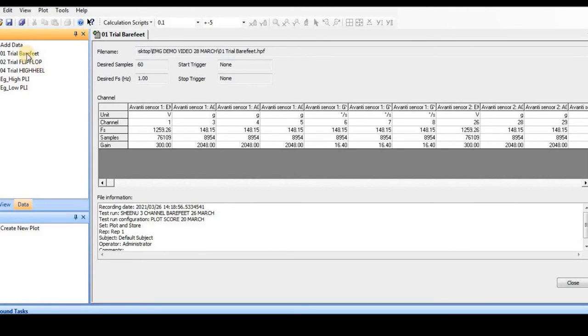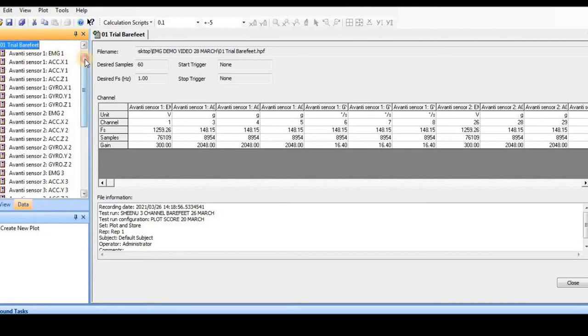So let me just start with the bare feet file, and you can see that there are many sensors that have acquired some data, and this all is here in this composite file. When I expand it, I have channel 1 having EMG, then acceleration XYZ, gyro XYZ, then I have EMG2, which means channel number 2, again EMG, then accelerometer and gyrometry.